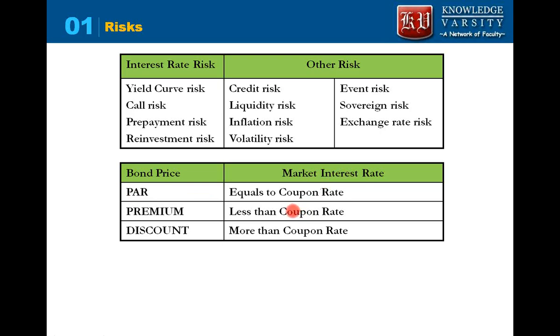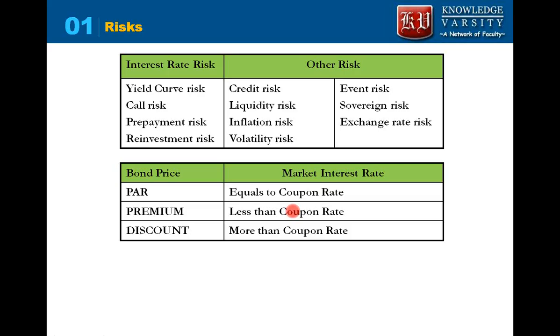Let's take an example that the market rate is 10% and the coupon rate is 11%. In this case, if you make any investment, you will get 10% return, but this bond is giving you 11% on the face value. So everybody will go and buy this bond. The price of this bond will increase above its face value or par value, such that effectively it will yield the 10% market rate, because there should not be any arbitrage.